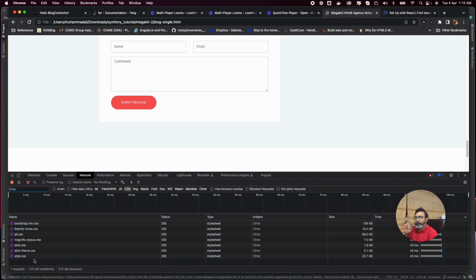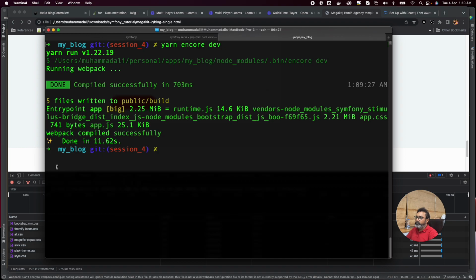So you can load one single file, and we can even push this to a content delivery network instead of loading it from your own server. One example is Amazon S3 bucket with CloudFront, which we can use. I will show you how to do all of these things later. Okay, so now let's